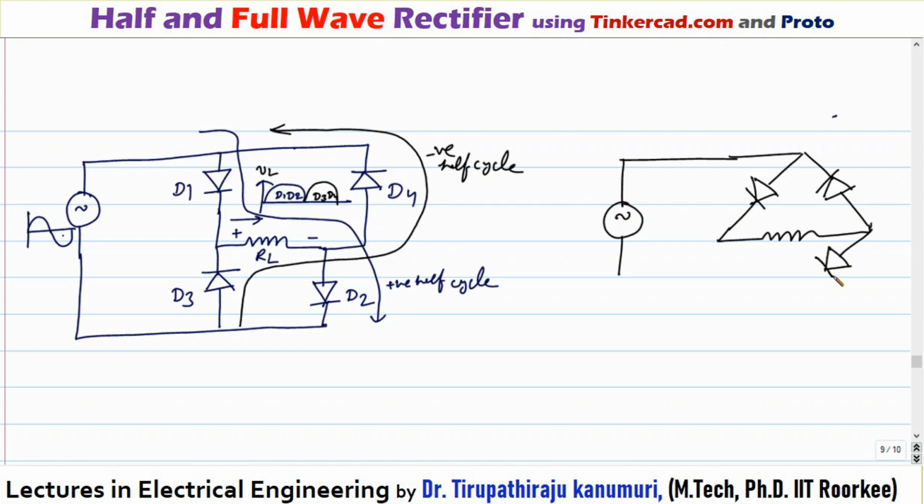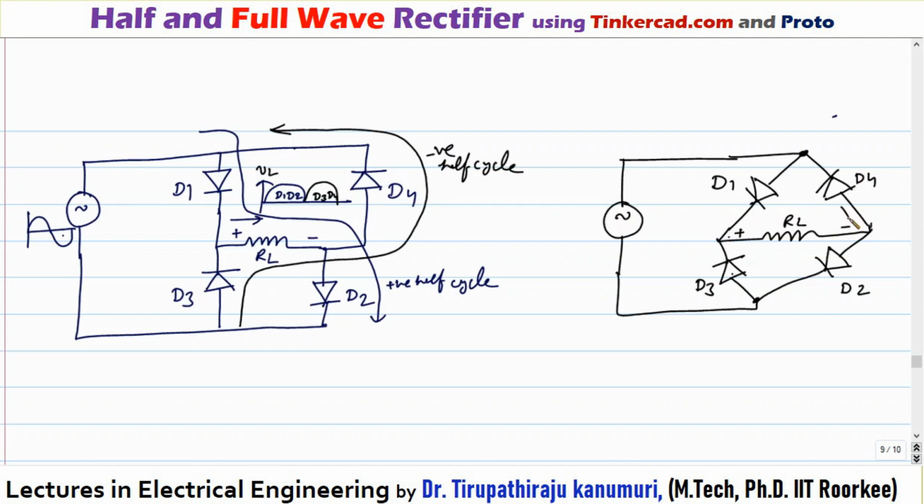So this diode is connected like this, and during the negative half cycle this diode will be forward biased. So one diode is connected like this. How to remember this? You can see two dissimilar ends are connected here also. Similarly, two dissimilar ends are connected here. Both arrows point towards this terminal, so that the current will come to your load. This is my load resistance RL. So this side will be plus and this side will be minus. I number the diodes D1, D2, D3 and D4.